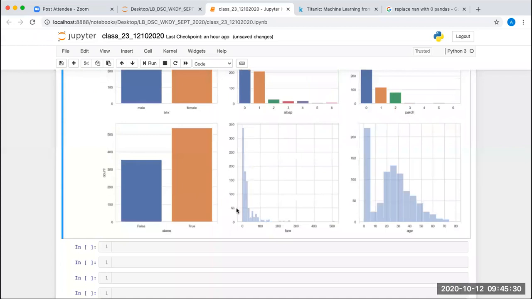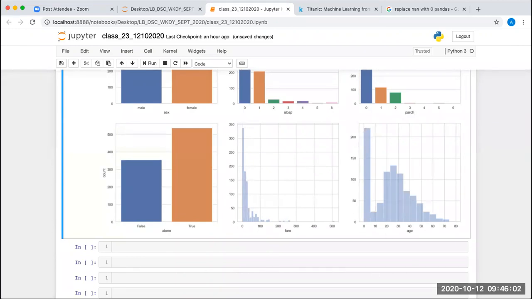Okay, so now we are getting the number. How many people paid? How much fare you are exactly getting here, right? So this is 0 to 100, then 200, then 300. That exact number you are getting. Then age also, how many children were there? Most of the people were in the range 20 to 40, and children were also in a good number. So children were less than, you can say, 10 years. There were more than 200 children.